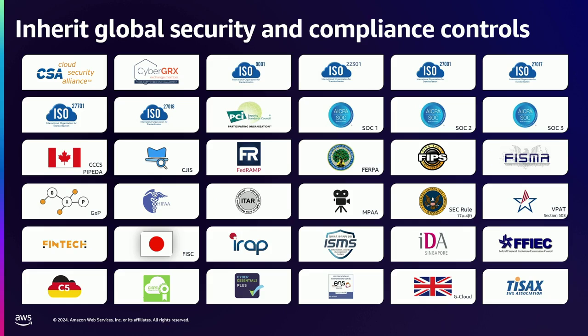And then I like this slide because it gives just a small glimpse into the different third-party audits, certifications, attestations that we go through. You can see ISO, SOC, FedRAMP, FISMA, FIPS, PCI, C5. The list goes on and on and on. And we go through these audits on a periodic basis, some multiple times a year. Like SOC, we do quarterly cycles for testing, and we release those reports on AWS Artifact that is publicly available for our customers via NDA for the most part, but you can get those on AWS Artifact.